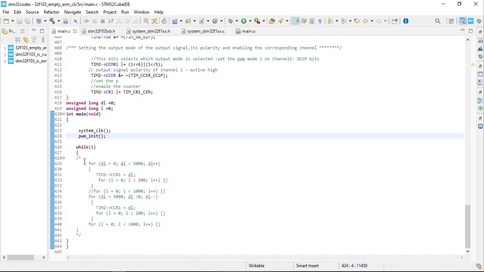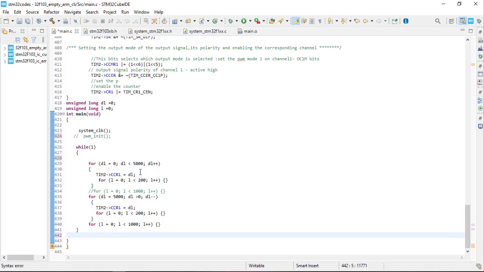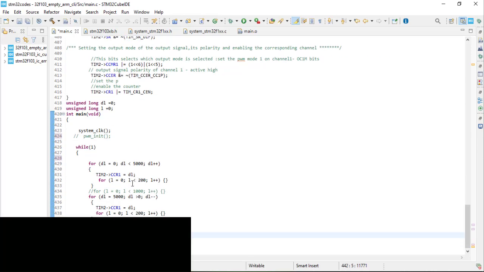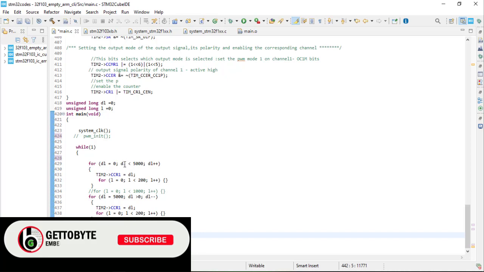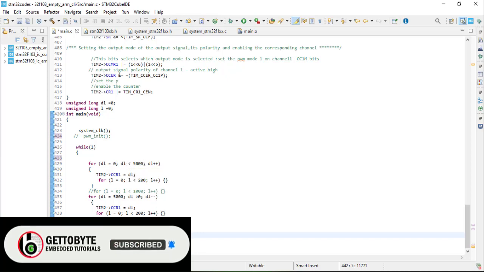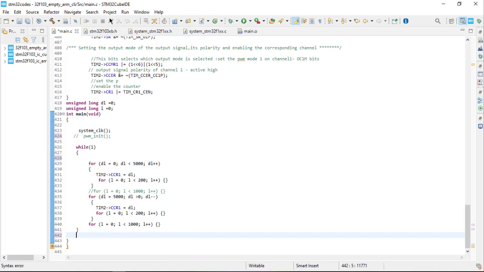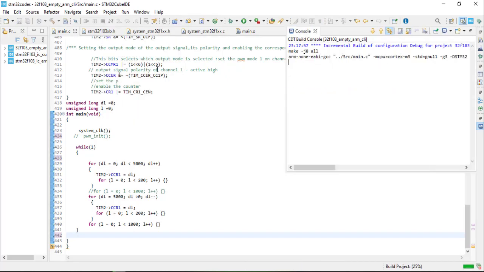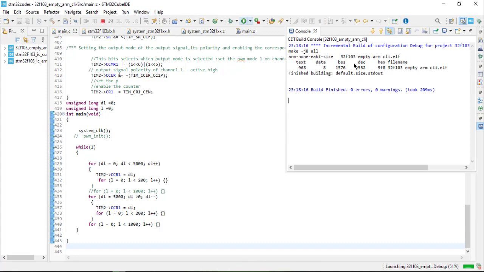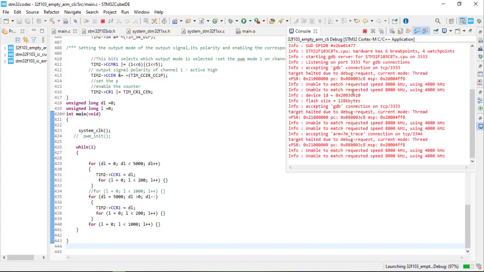Now just for your sake, I have created a small algorithm in which this CCR1 value increases from 0 to 5000, and then decreases from 5000 to 1 with a delay of 1000. Let me build the project again and flash the code into our microcontroller.